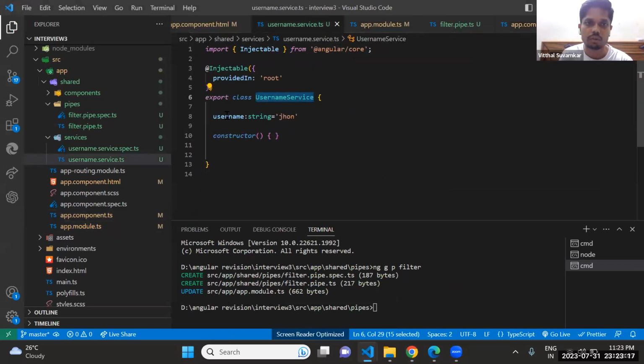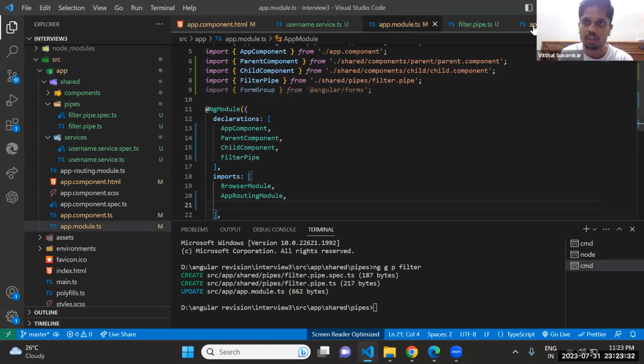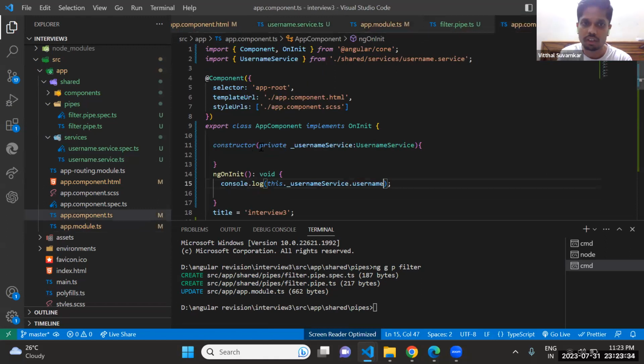I write one username in the username service, and we want that same data in many other components, like the app component, the parent component. Then with the help of the service, we can inject the service here, private username service, and call this service with its property names.